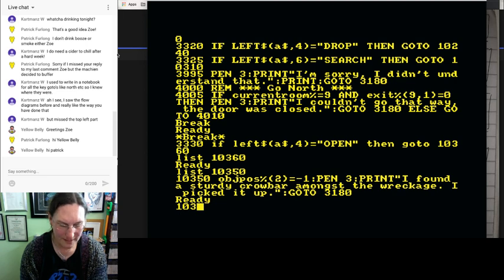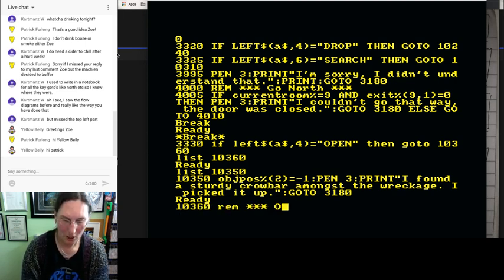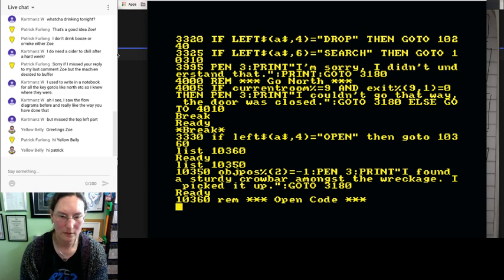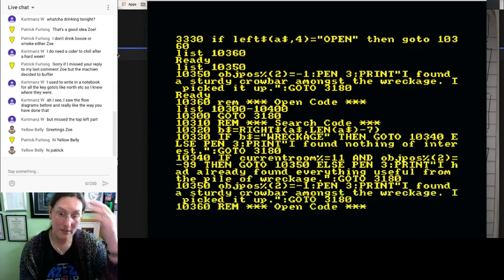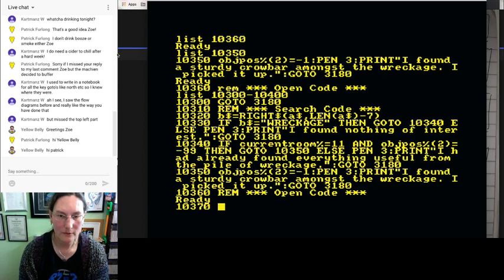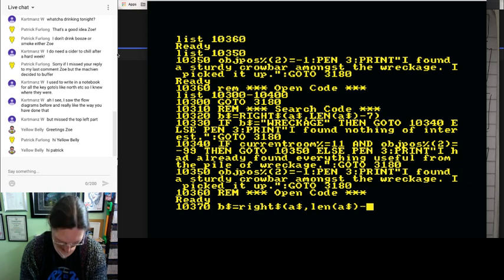Yes. 10360 REM open code. 10370 if, let's have a look at it again. Search code. So 10370 B string equals right string A string, length of A string minus 5, because open plus a space. If